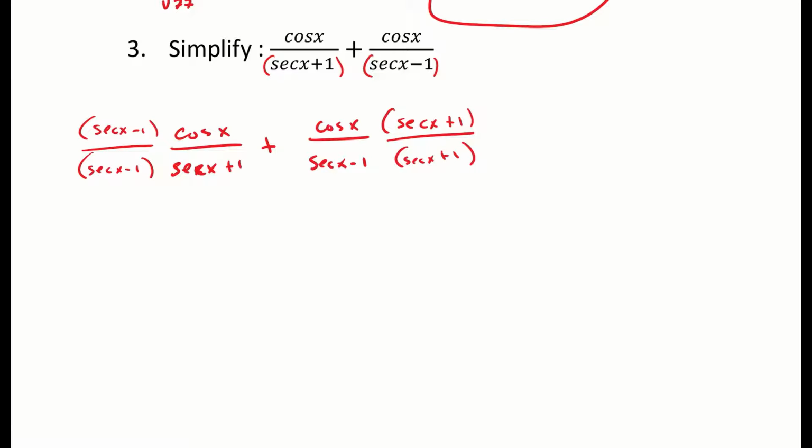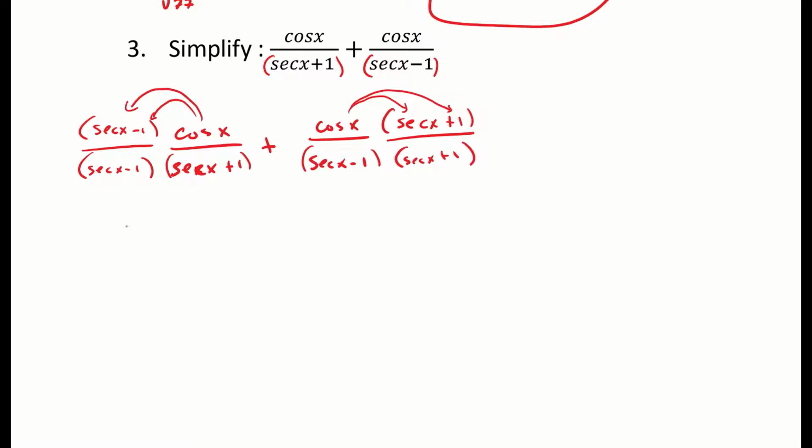Now, before we continue, remember, there's more than one way to do this. You don't have to do it this way. So let's keep going. In the numerator, I'm going to go ahead and distribute this cosine to both of these in here. Multiply cosine to both of those in there. So it's going to get lengthy, and hopefully some things will cancel out, or we can make it smaller or